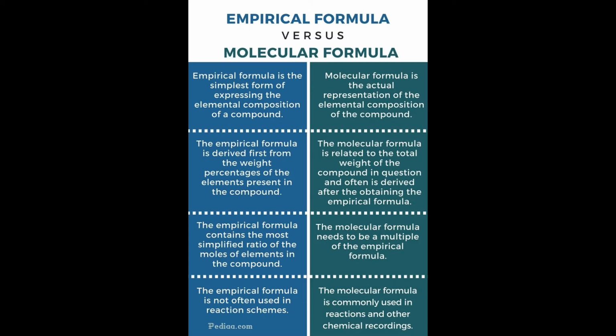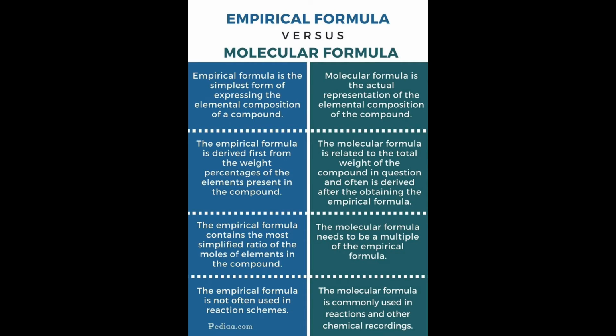Empirical formula is not often used in the reaction scheme, unlike the molecular formula. Empirical formula is the simplest form of expressing the elemental composition of a compound, while the molecular formula is an actual representation of the elements in the compound. So the empirical formula is like one of those kind teachers who would curve up your grade average in your class, while the molecular one will give you a C instead of a B when you have 79.9999% in your